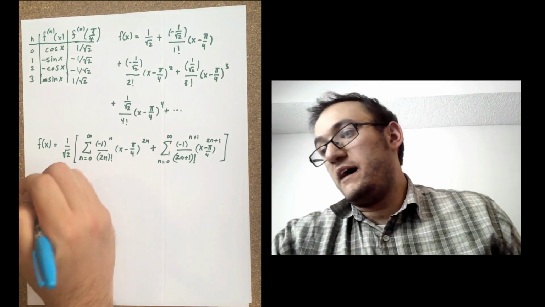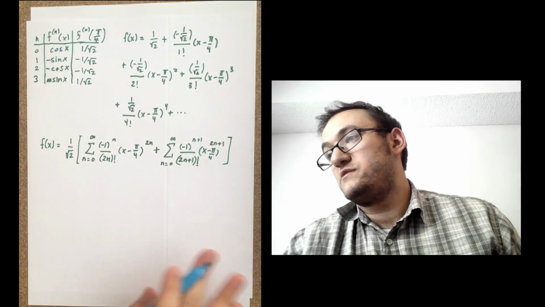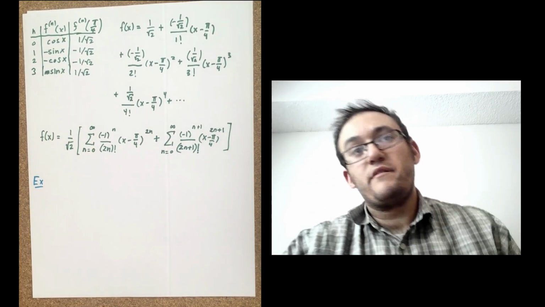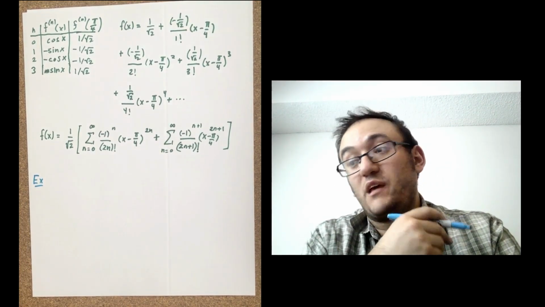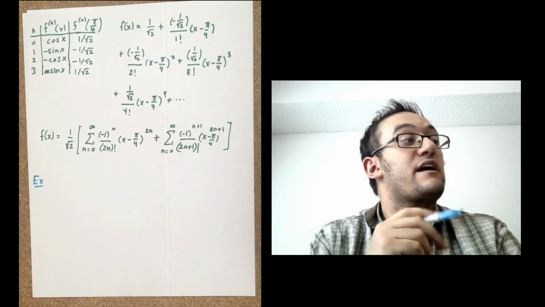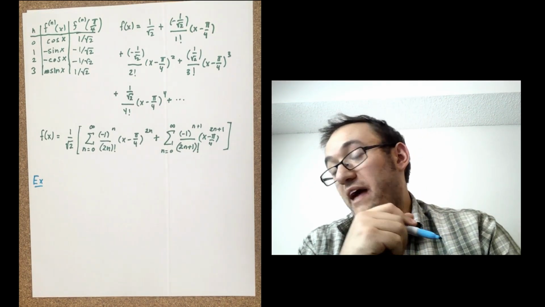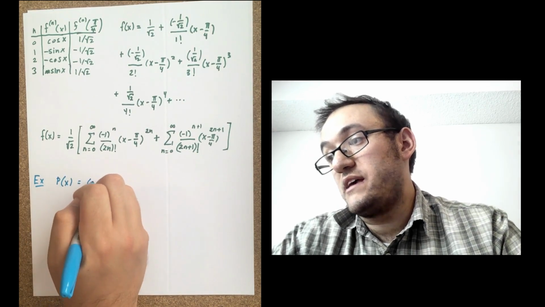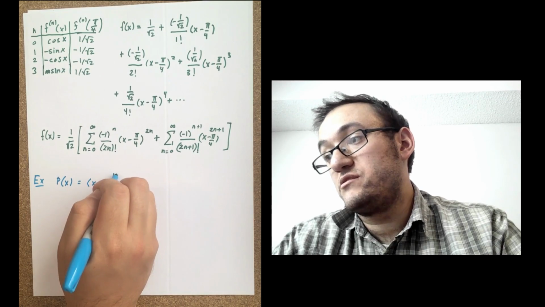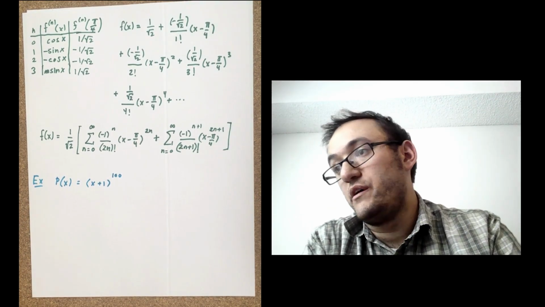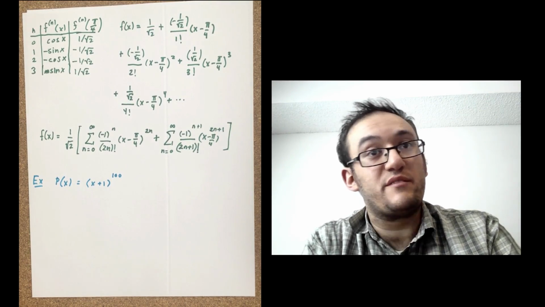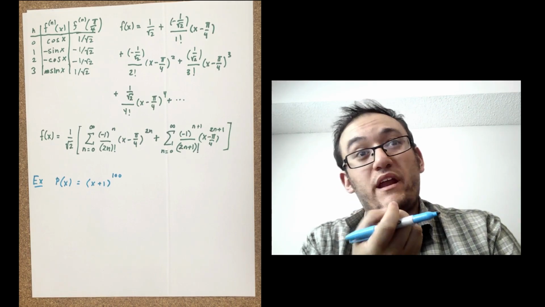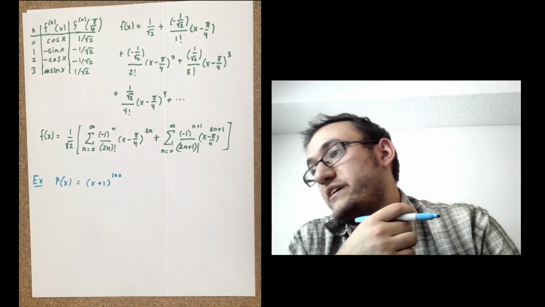Okay, so let's look at another example. This one is a bit unusual because the function won't have an infinite series of terms in its Taylor series. It will have a finite number of terms because it's a polynomial. So let's take p of x equals x plus 1 raised to the 100th power. Okay? So obviously that would be a very large number if we are away from x equals minus 1 at all. So at x equals minus 1, this is going to be